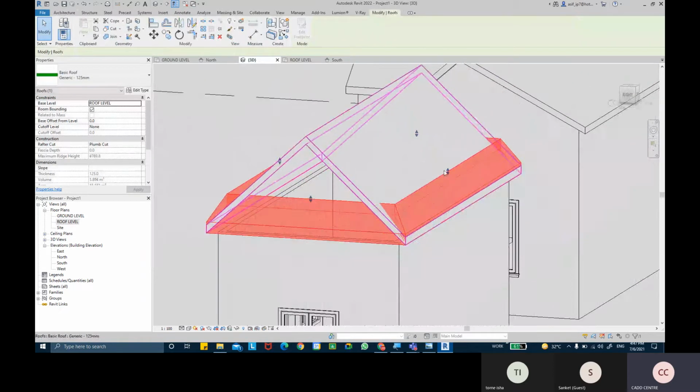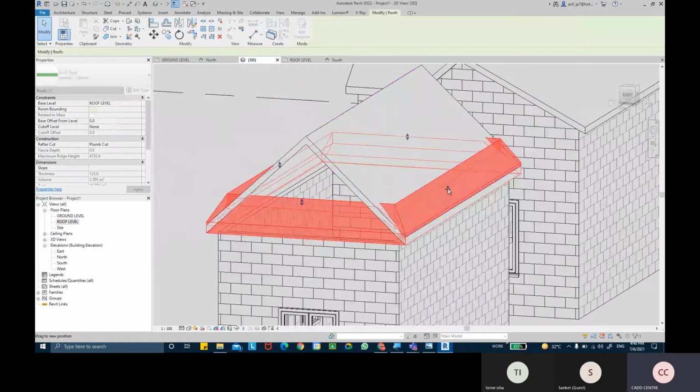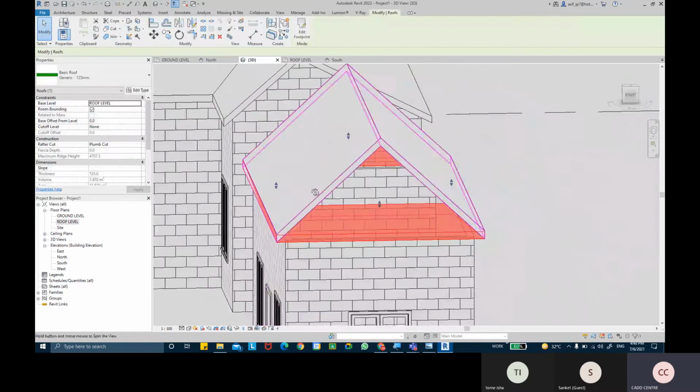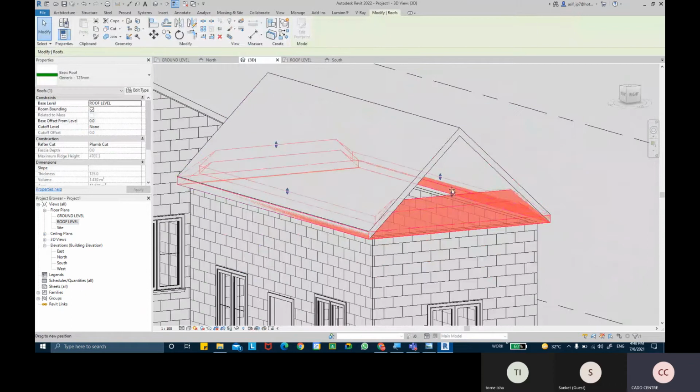Let's, yeah, I can just drag it all down. A little bit more.